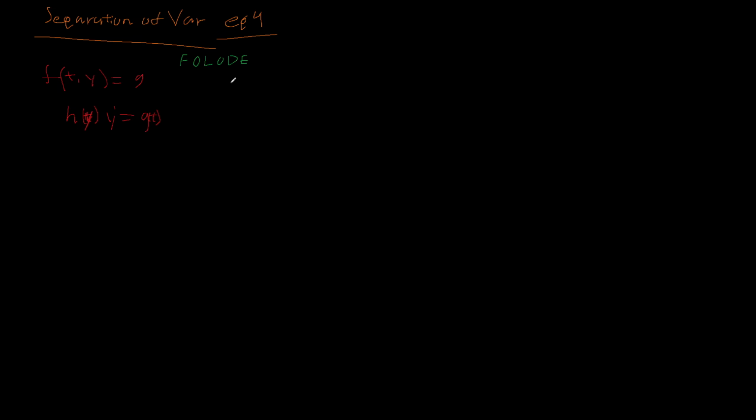Then to solve this differential equation, we just need these antiderivatives. So we'll say that big H prime of y is equal to h of y, and then I'm going to say big G prime of t is equal to g of t, right? So we wanted to find these antiderivatives, right? And then once we get that,